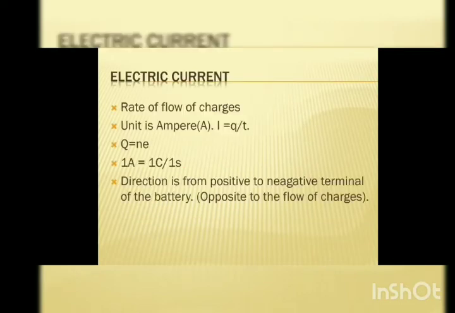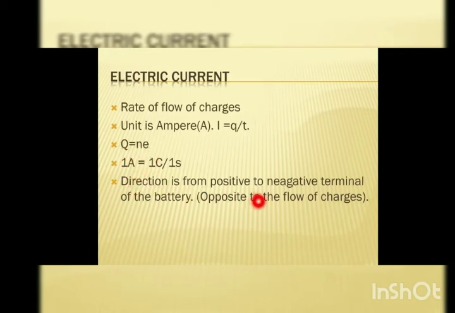First, let's discuss some of the fundamentals that you had already studied in your class 10 physics electricity. So what do you mean by electric current? It is the rate of flow of charges. And what is the equation? Equation to find out electric current is I is equal to Q by T, where Q is the charge and T is the time. Unit is ampere, and 1 ampere is 1 coulomb for 1 second. And there is a relationship between charge Q, number of electrons N, and electronic charge E. What is the relation? Q is equal to Ne.